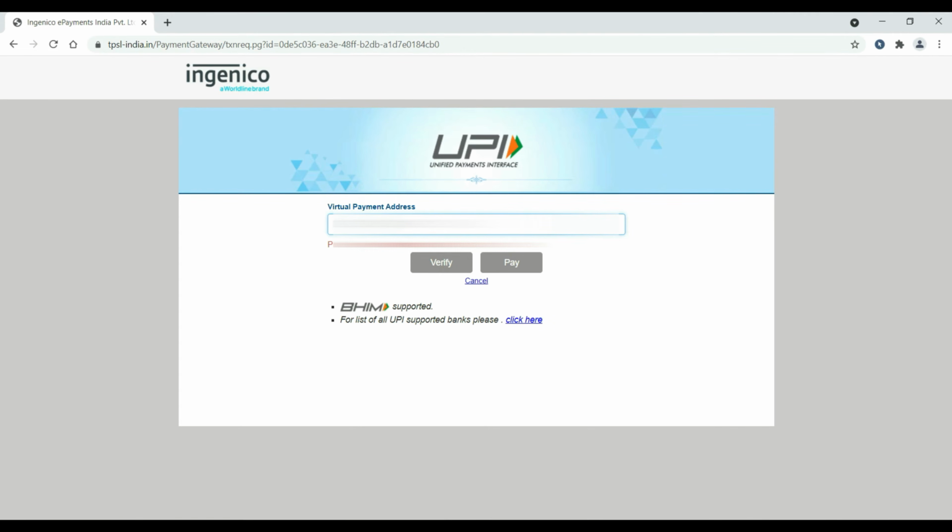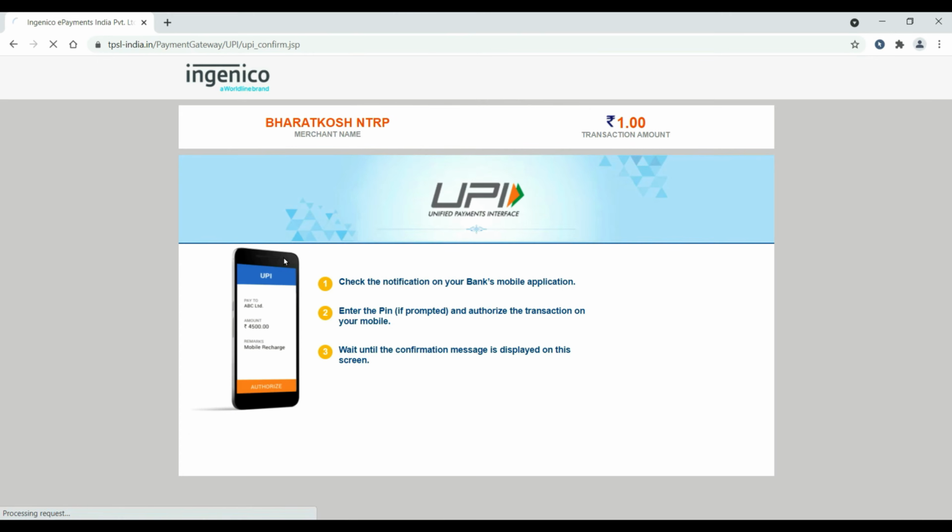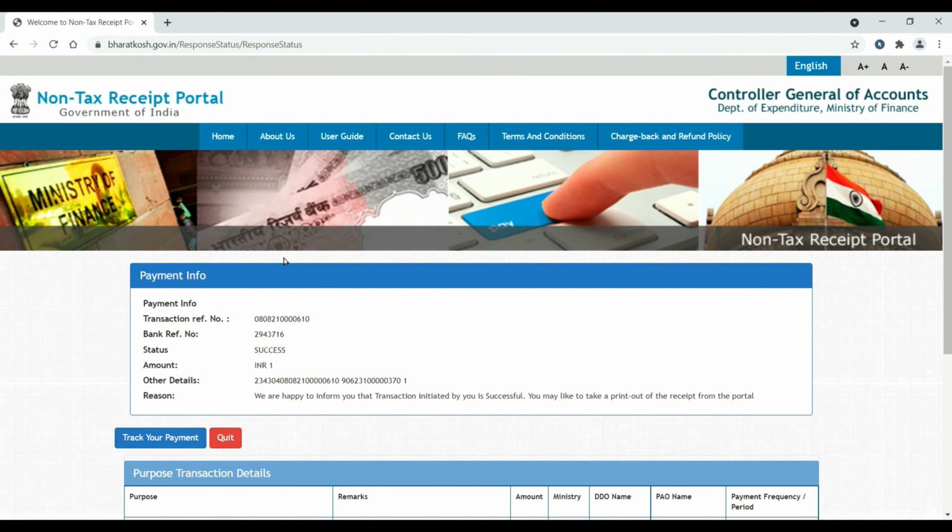I paid 1 rupee using UPI to MMD Mumbai, and everything was all okay. Network was good, OTP came. This particular screenshot you will be able to see when it waits for the OTP. Once I put the OTP over here, it gives you the transaction details as success or fail. Over here it is success.